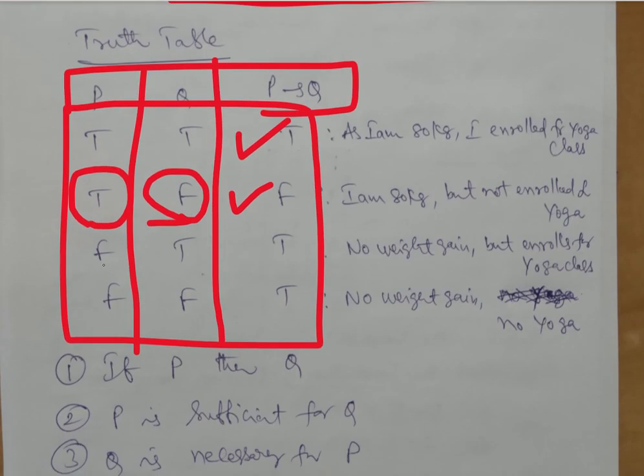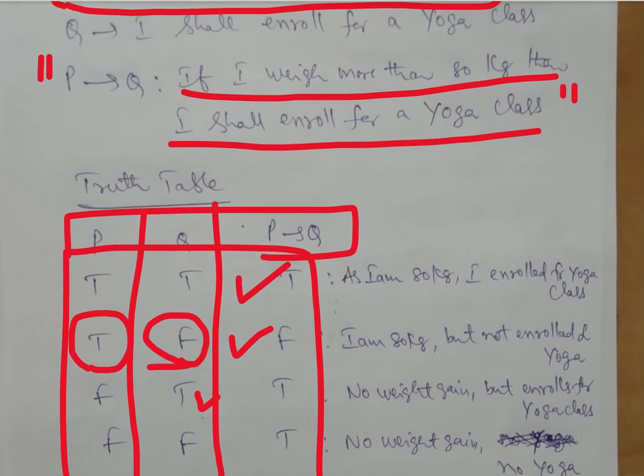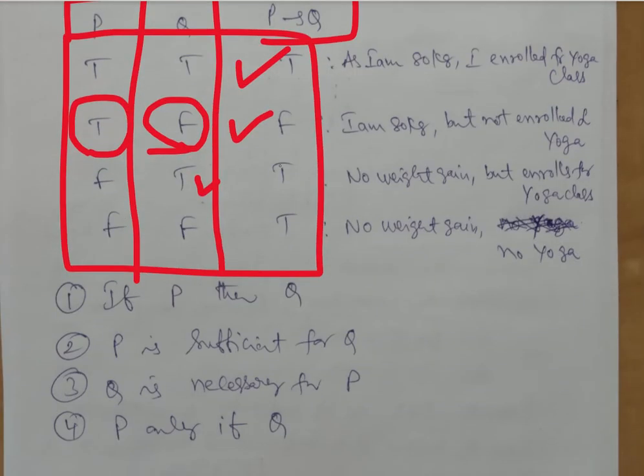Second, a person is not 80 kg, still he goes for the yoga class. So in the interest of health, even before 80, so maybe 79, 78, assuming he or she might become fat or reach 80 kg, they already enrolled for yoga class, started going. So this is in line with the statement. What is the statement? The minute I become 80 kg, I am going for yoga class. Even if you don't get 80, if you go for yoga class, that is good. So you are going to yoga class, so that is also true, in line with the statement.